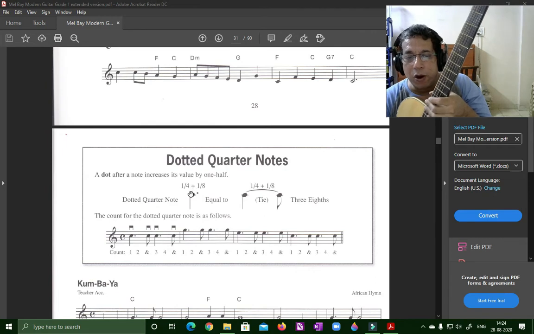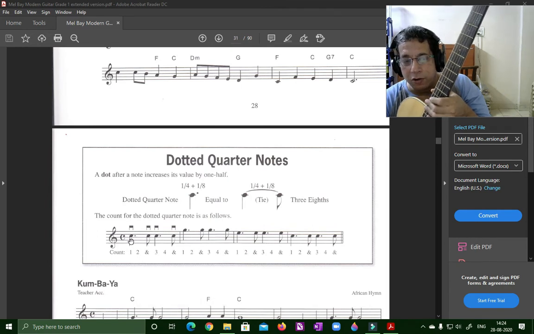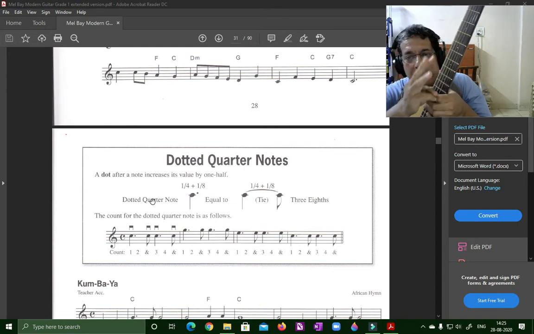Okay. So very often you can see a dotted crotchet followed by a quaver. The combination of these two will make 2 beats. Now the problem is, how do I count it? I know I'm counting 1, 2, 3, 4, 1, 2, 3, 4. So what we do is we divide the 1 in 2 parts: 1 and, 2 and, 3 and, 4 and. So the 4 and will cover all the 4 beats.